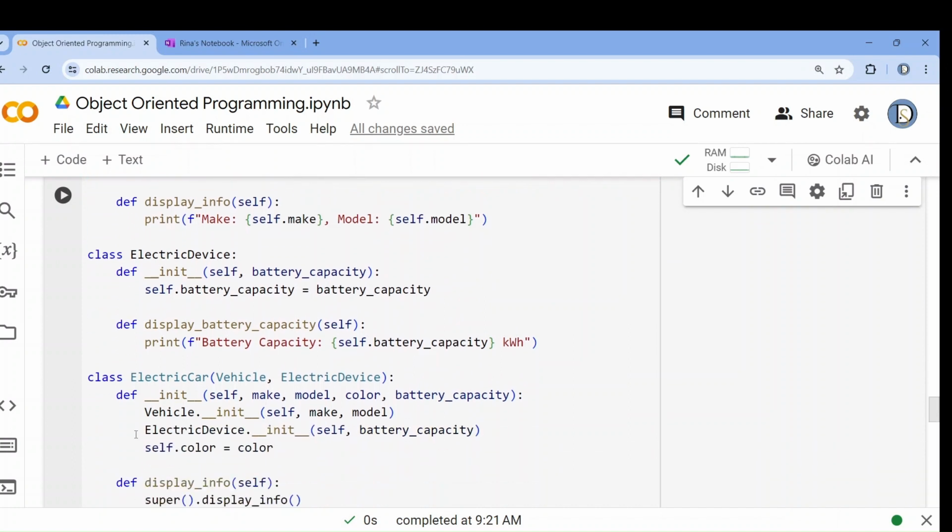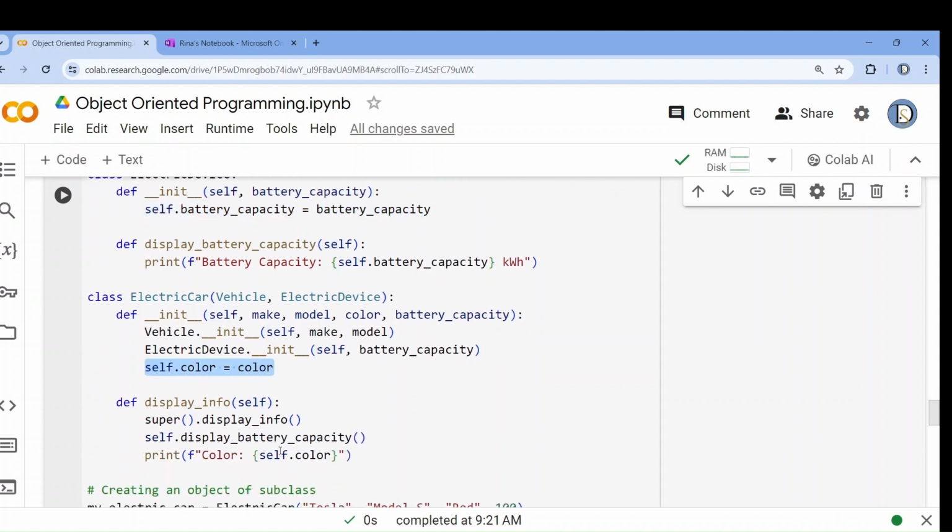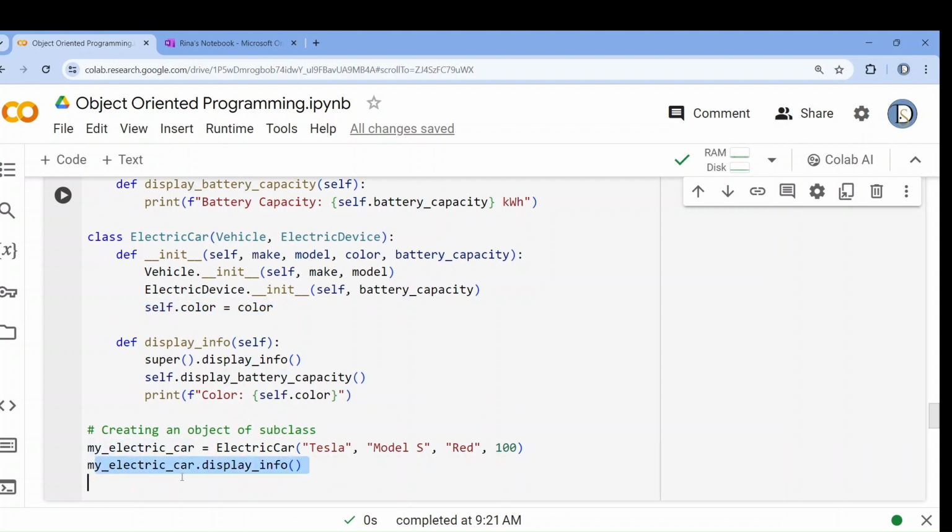Now it will come back. Next line, electric device.init. That means it will go here. Battery capacity will be set and it will come back. Next, color will be set here. Clear? After that, when you call the next line, that is my electric car.display info, it will go into this